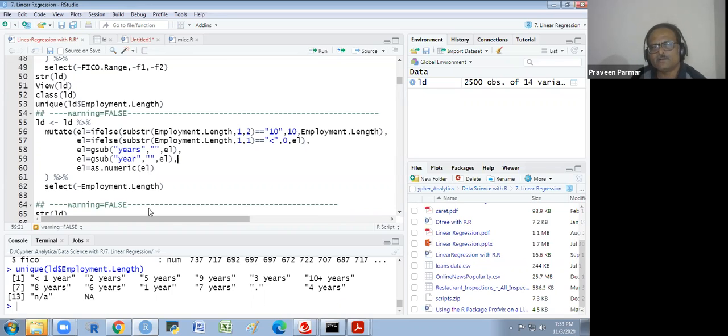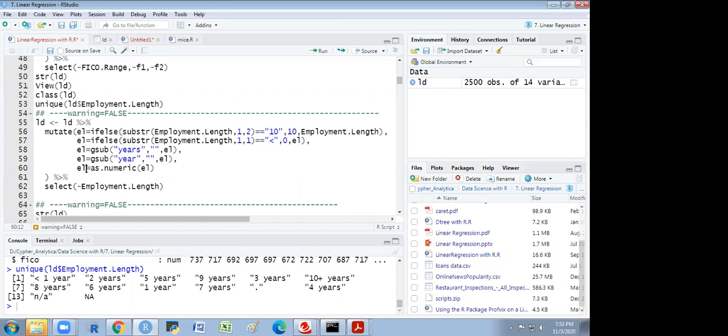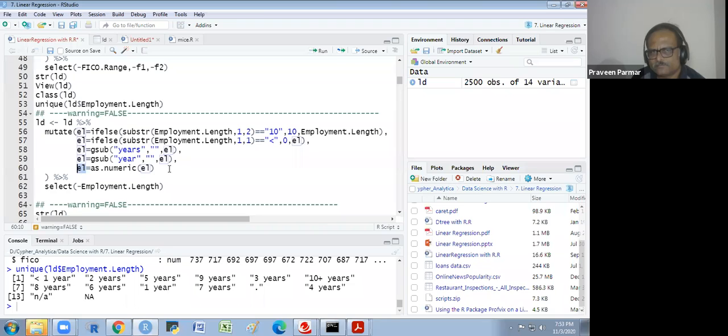And after all, I am getting this all in a character form. Finally, I am converting them with as.numeric. Altogether, I am not writing it here. You may get confusion about where I have to write as.numeric. So I am using it at the last for the whole, whatever the EL I have got here. For this EL, I am converting it with as.numeric, and I am getting the numeric now.